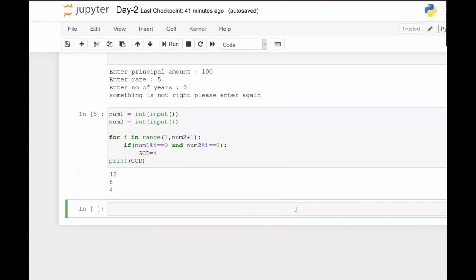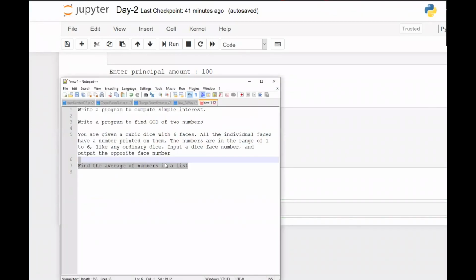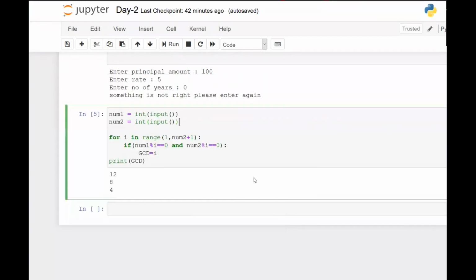Anyway, I will be discussing list and sequence data types today. So let's hold this question, and maybe we can solve it towards the end of the class. But again, this is a simple problem. All you need to do is have a variable and then iterate through the list of numbers which is taken as input, keep adding to that variable, and finally print the average. I will explain this, don't worry about it. Okay.